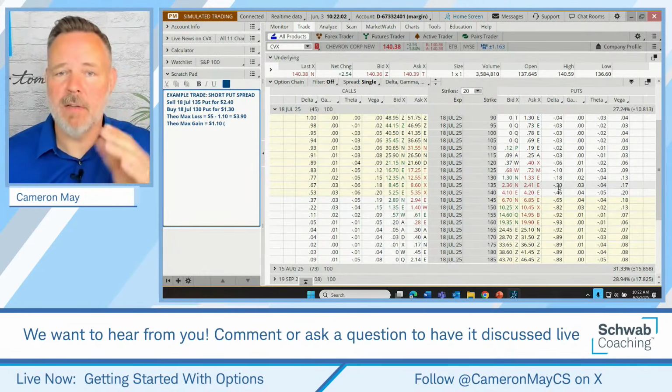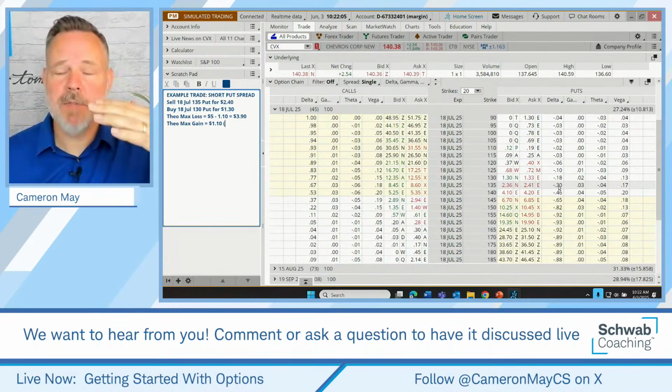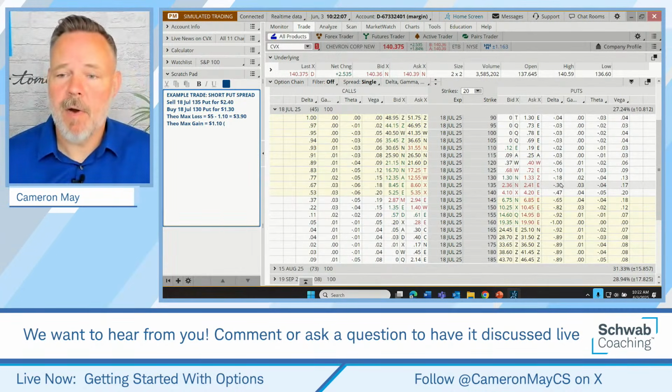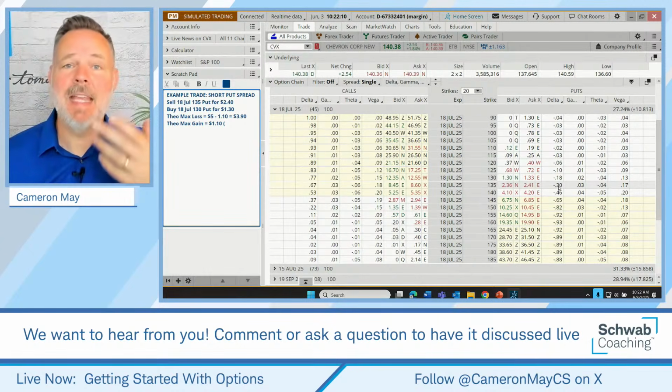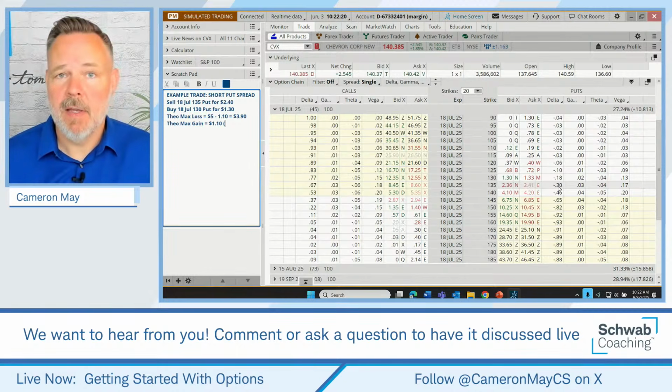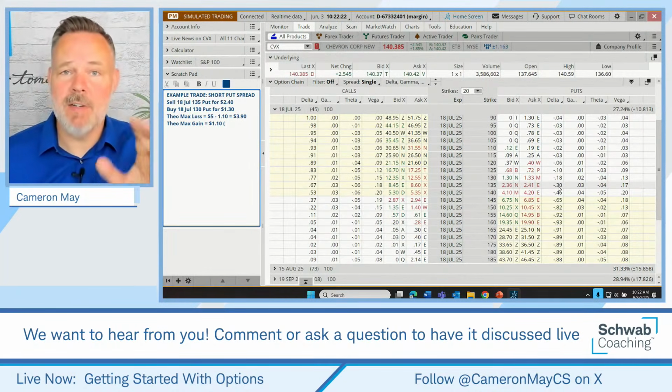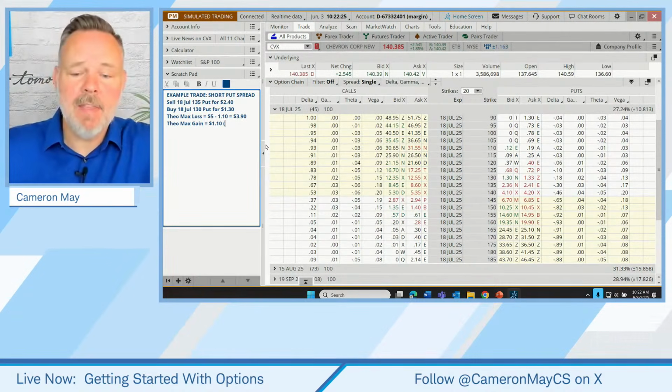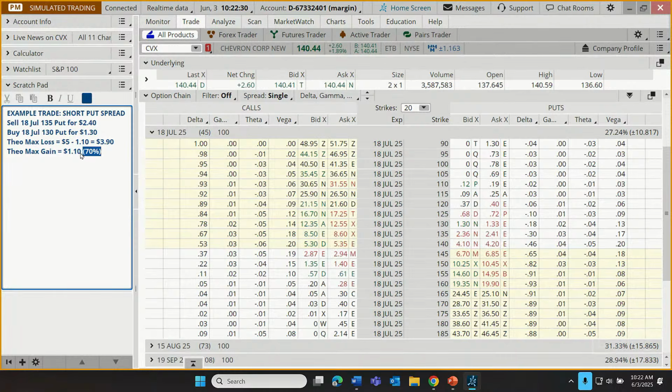Now, delta can tell us a couple of things. It can tell us the degree of leverage on an option, but it can also give us an approximation of the likelihood of a contract being in the money at expiration and being assigned or exercised. So this has a 30% chance of being assigned at expiration. By extrapolation, there's a 70% chance that nothing happens at expiration. It just expires worthless. There's a 70% probability of making that $1.10. Now, how much of a probability is there that we lose the $3.90?